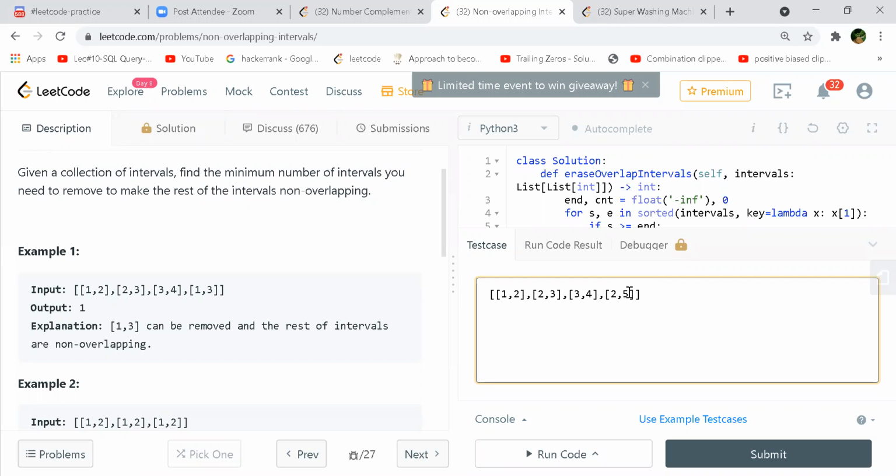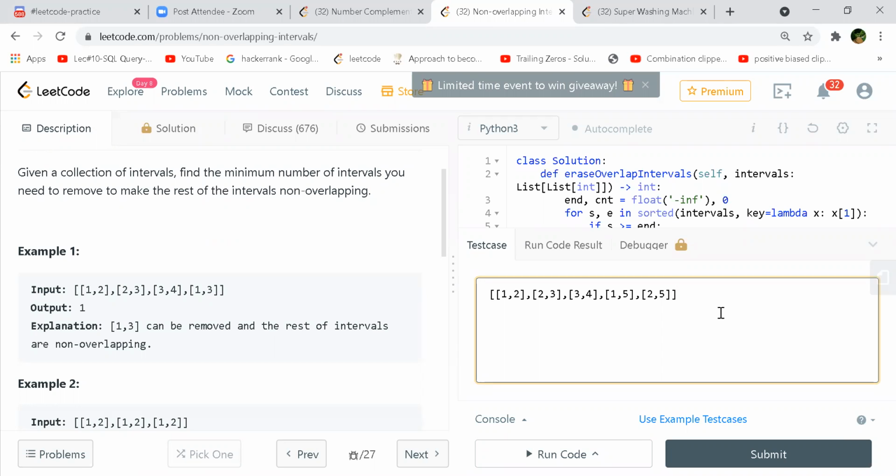Or after making only one additional 1 5, yeah, additional one. Now, how will things work? Till 3 4, you don't have any overlap, right? Then you see 1 5. Okay, so then you see an overlap. So now you will increase your answer. That 1 5 needs to be removed, and you will also